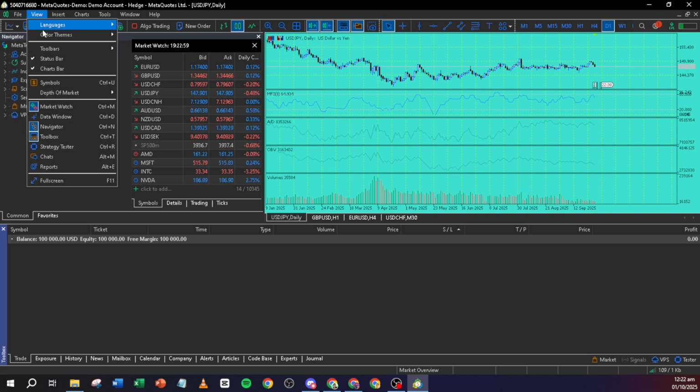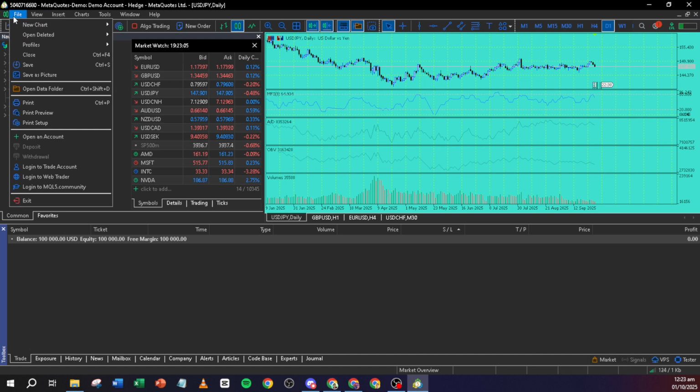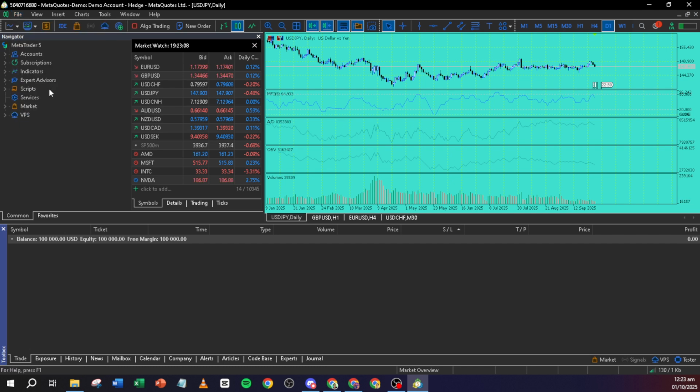Now, it's time to launch your MT5 desktop application. In the top menu, look for the File option and give it a click. This will bring up a drop-down menu. From there, select Open Data Folder. This is where all the magic happens regarding installing and managing your custom indicators.